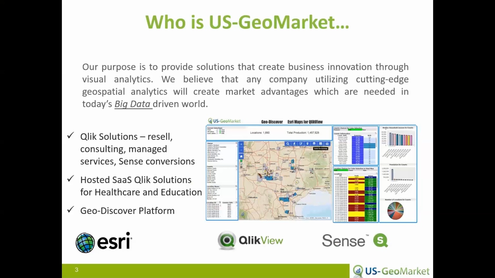US-GeoMarket, as I mentioned, is a Qlik partner. We both resell the Qlik software, QlikSense and QlikView. We perform consulting and managed services, and we do Sense conversions, taking your existing QlikView applications and converting those to QlikSense. We also have software as a solution applications and solutions for healthcare and education. But today, the emphasis will really be to look at the Geo-Discover platform of connecting QlikView in a healthcare application